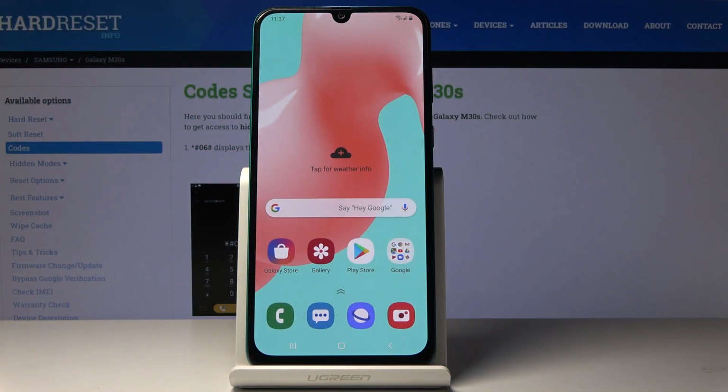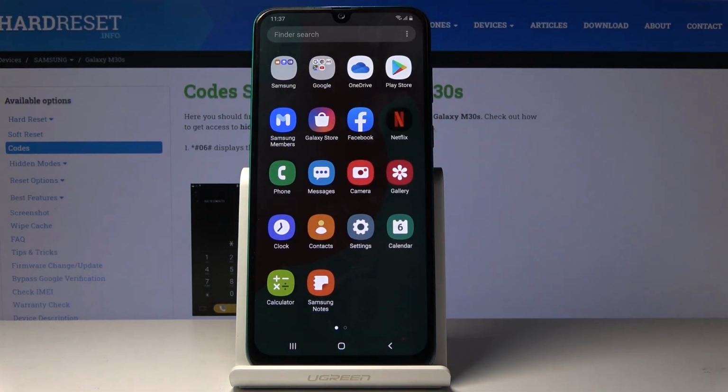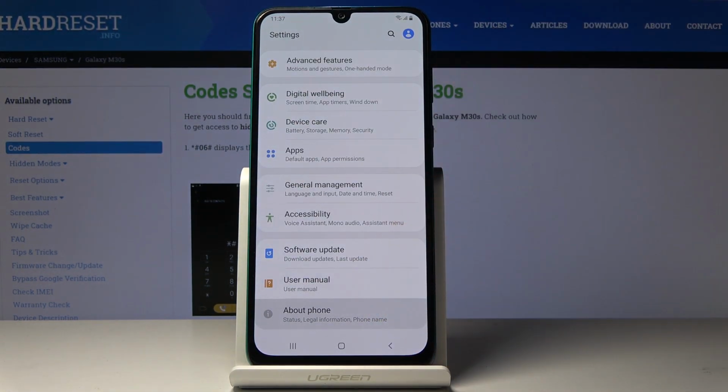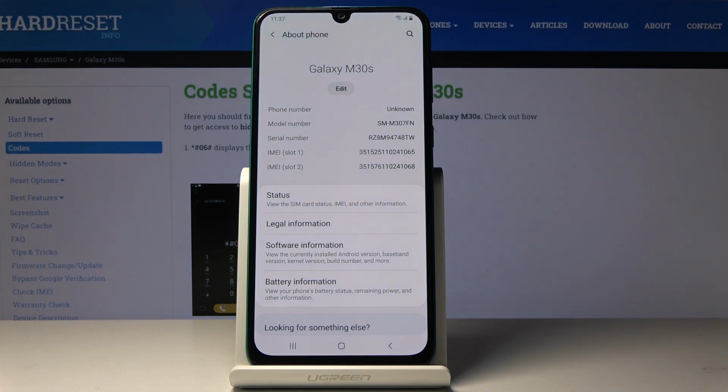Here I've got Samsung Galaxy M30s, and let me show you how to activate, use and deactivate developer options on the following device. So at the very beginning, you have to open the list of all applications, then find and pick Settings. Here you should go to the About Phone, which is the very last tab,